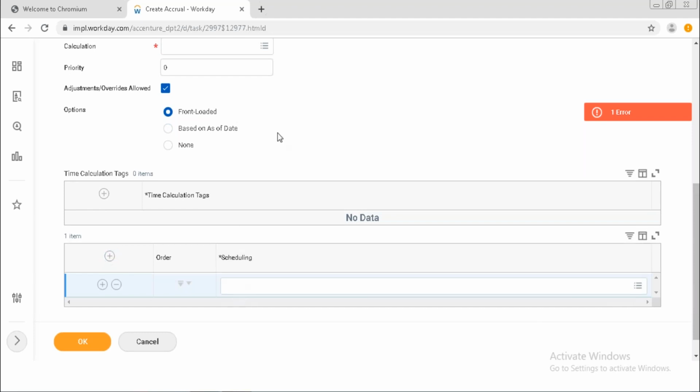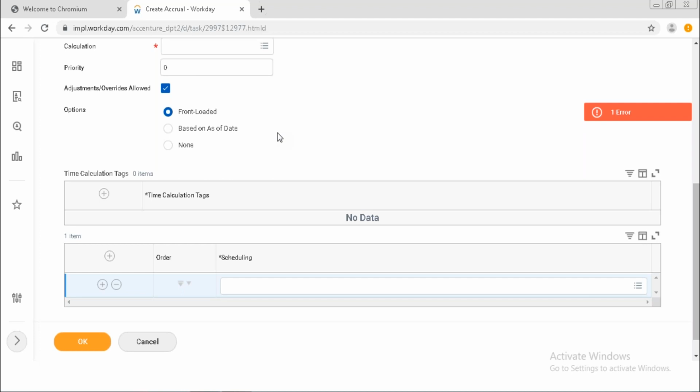Why do we have to mention the scheduling part? If it is front loaded, it is nothing but, if you want to start from the month of May, as I told you, for international employees it is from May to May. A few of the countries have it like that, May to May. So when you put it